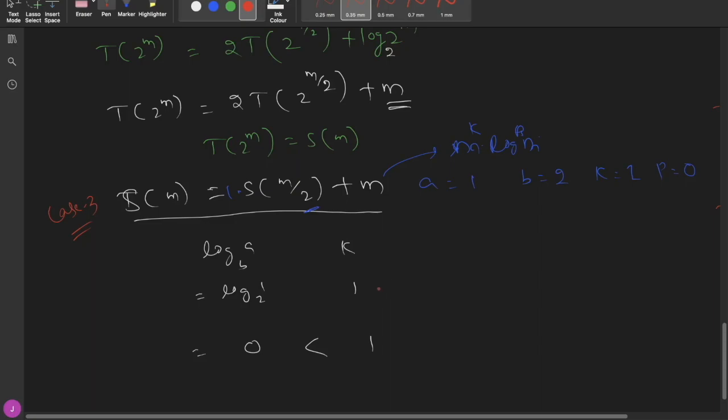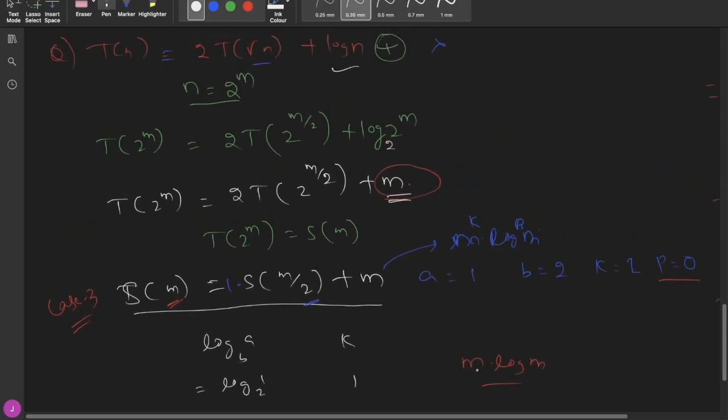In this case, what are we doing? We are again checking the p value, whether p equals 0, greater than 0 or less than 0. So this equals 0. That means we have to just multiply a log n value to this function. I am multiplying a log m value to this function. We are solving this with the variable m. That's why I am taking log m. The actual question in terms of n is there, right? The actual question is this one, but we have found the solution in terms of m. Now I have to convert this into n. Again from this equation I can get m as log n. So I am replacing m with log n in the solution. So this is the solution for this question.